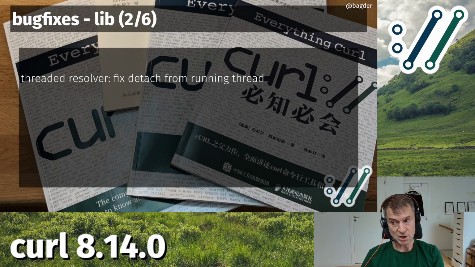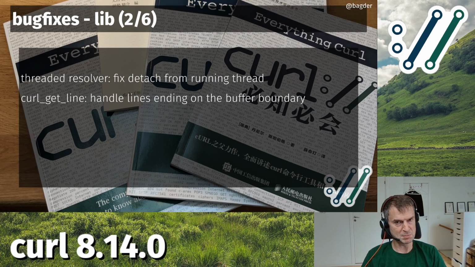Moving on, lots of fixes, right? We did a few different fixes for the threaded resolver. Basically, that's the default way we do name resolving in curl. Curl starts a helper thread, and in that helper thread, we do the name resolving calls. And once done, we send the results back to the main thread. That's the threaded resolver. We have done some general refactors in this area over the last couple of releases, and now we did some more fixes, so it should be even better than before. Some people reported some obscure problems.